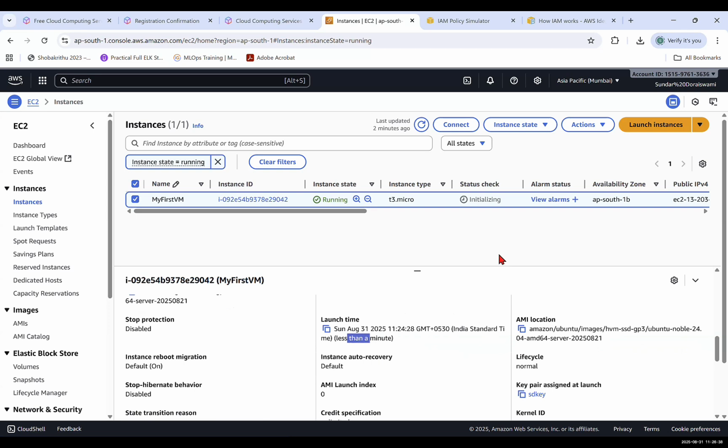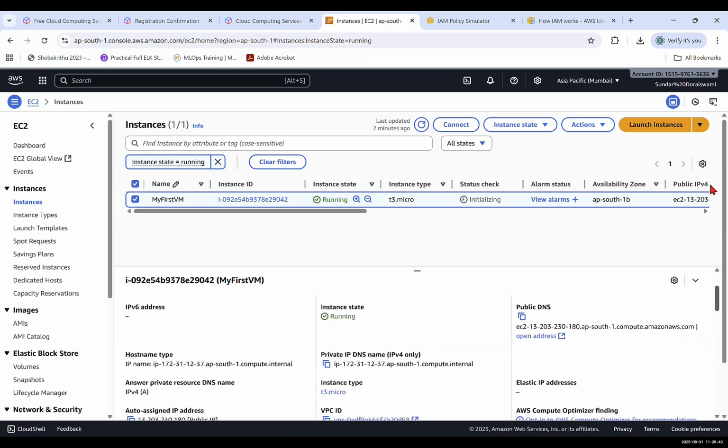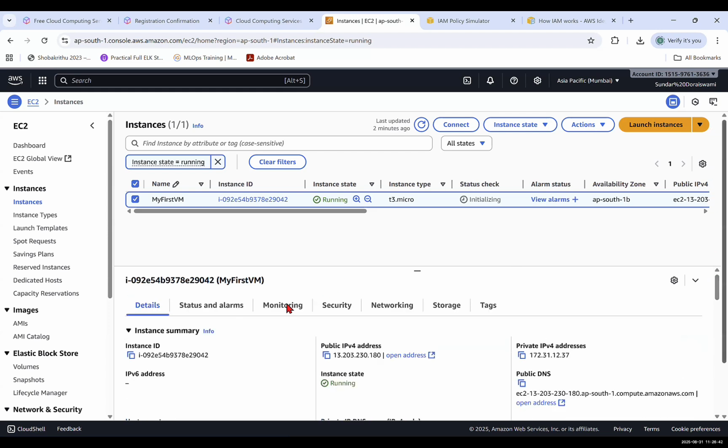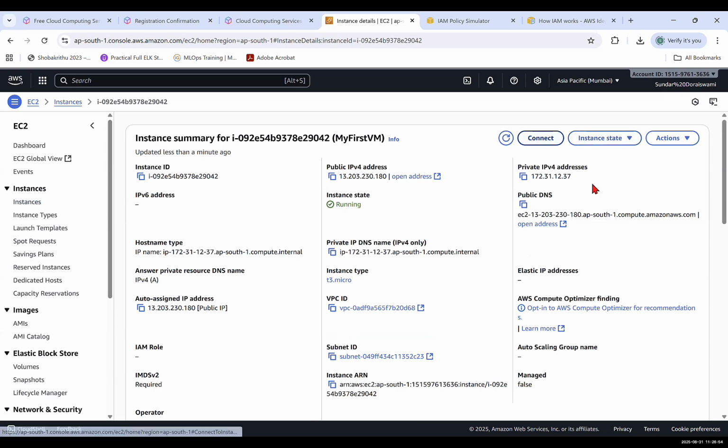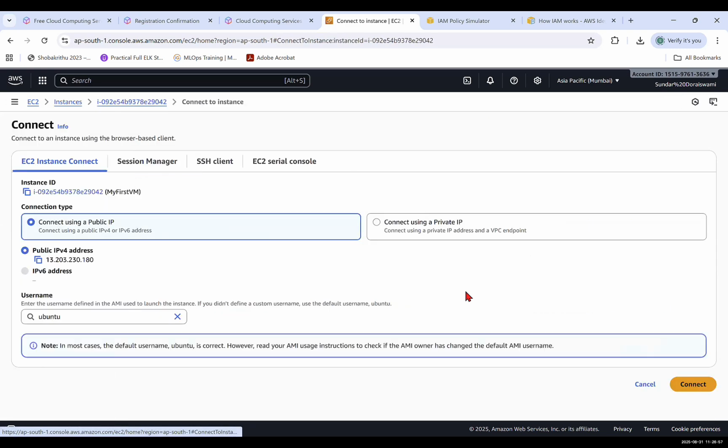So this is my instance. Now, will I be able to access this using PuTTY? Yes, we can. Let us go ahead and see the instance details as such. So we can connect to the instance. We can connect through EC2 Instance Connect itself, using the public IP. And the public IP is this. Username to use is ubuntu. And if you connect,